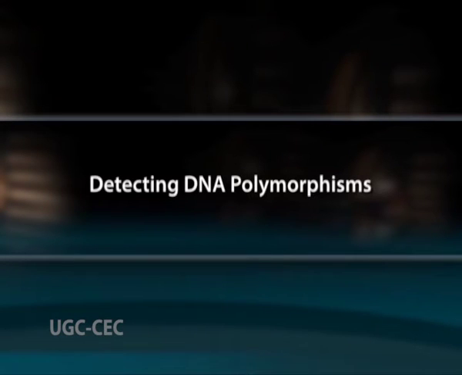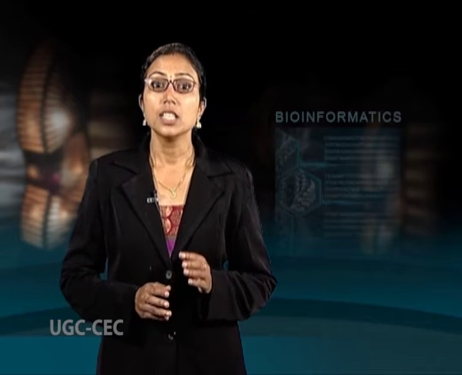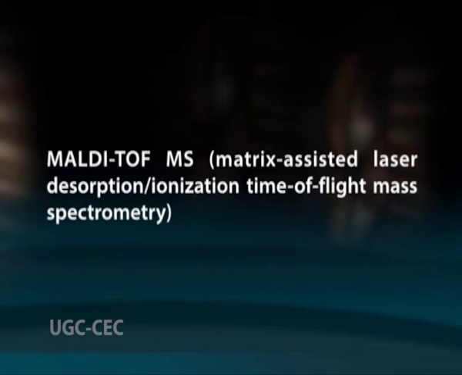Detecting DNA polymorphisms. Because any DNA molecule greater than 10 base pairs differs in mass, a procedure that separates the molecules based on mass alone will be useful to uncover DNA polymorphisms. Currently, gel electrophoresis is the most often used procedure to detect these polymorphisms. The most recently widely applied procedure is capillary array electrophoresis. But MALDI-TOF MS, that is matrix assisted laser desorption ionization time of flight mass spectrometry, may replace many of the current procedures in the near future.